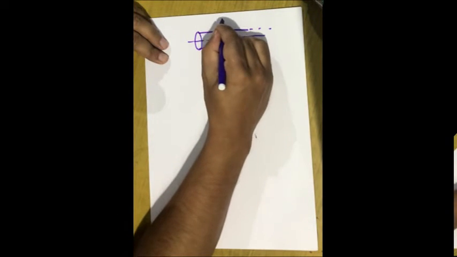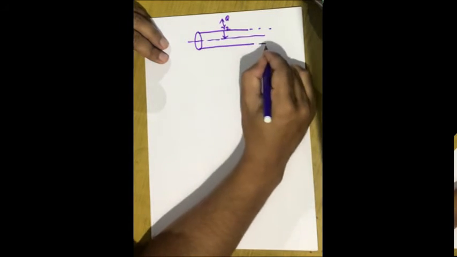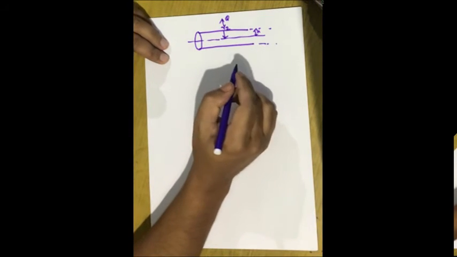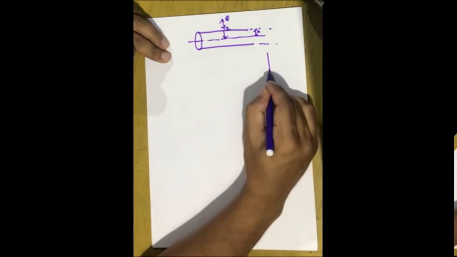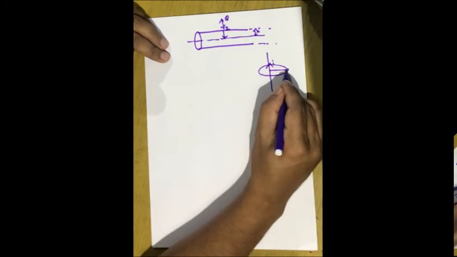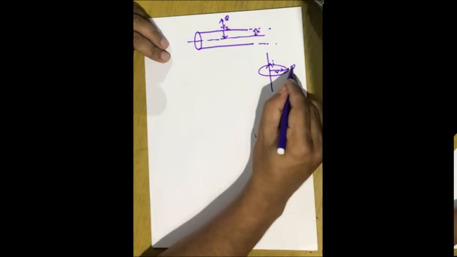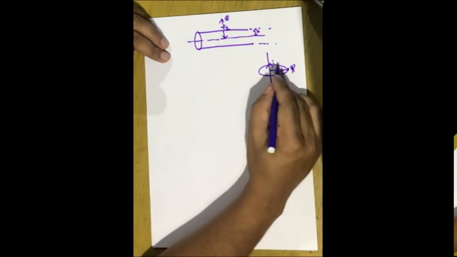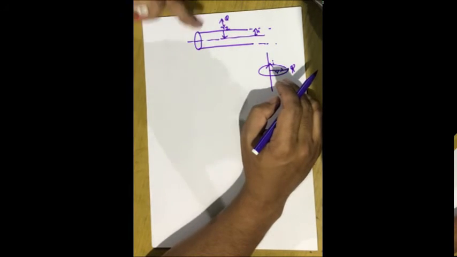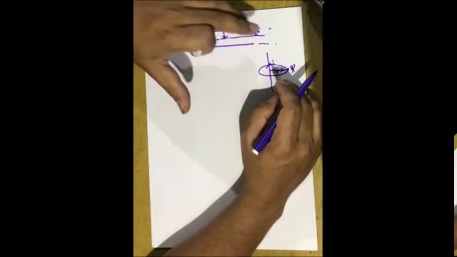This is a point Q. Q is at a distance, say, r2. This wire has radius a. This problem I have already done: for a current carrying wire carrying a current I, at any point r, we have determined the value of magnetic field. This point Q is external to the wire, so this condition is exactly similar to the problem which I discussed the very first time while using Ampere's law.